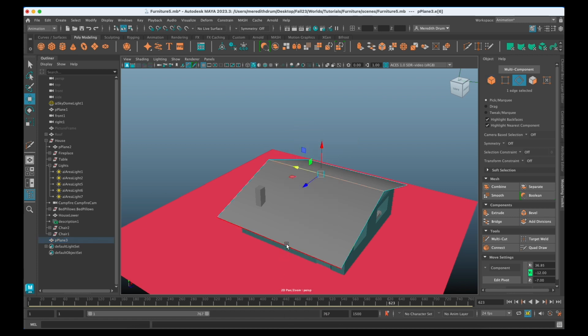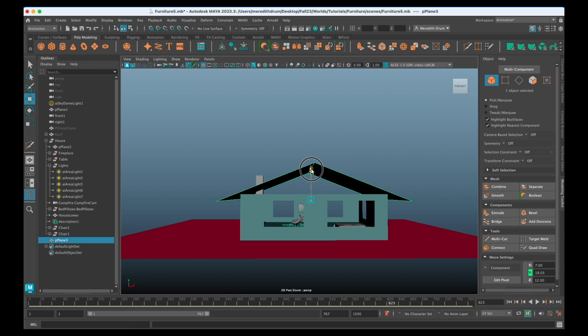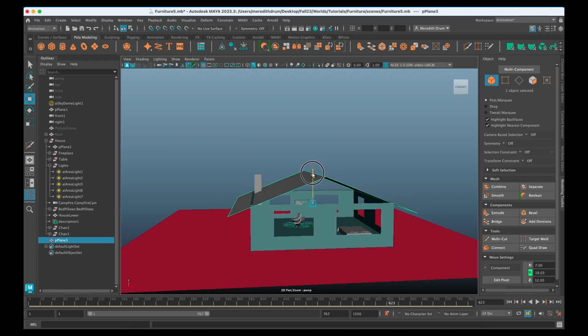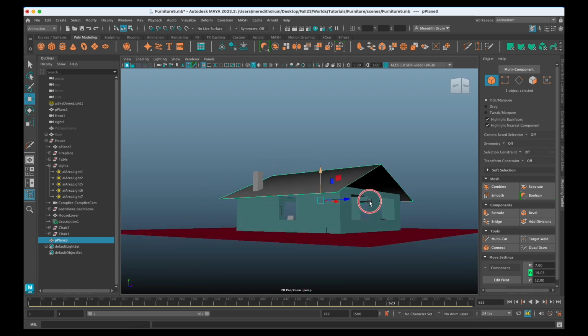So let's go to the edges here and on the other side. So we have both of those. Press R for scale and just scale it in a little bit. You could do it however you please, and we can bring the object up a bit again so it's no longer intersecting. It's not pushing through the walls. See how it was pushing through the walls there. Okay, so yeah, we'll have some eaves there.